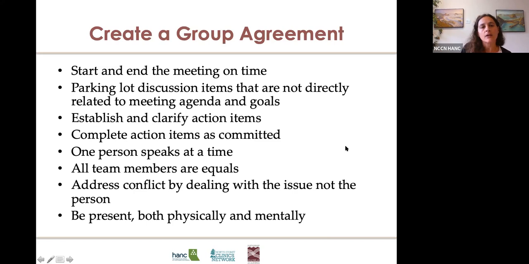And then keep that group agreement at every meeting so that it's visible to everyone, and reference it, either by picking out one of the characteristics and incorporating that into your icebreaker or the intro of the meeting so that it remains fresh and continues to hold its value throughout the project. Next slide.